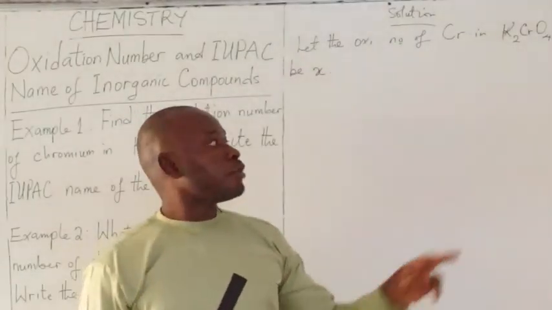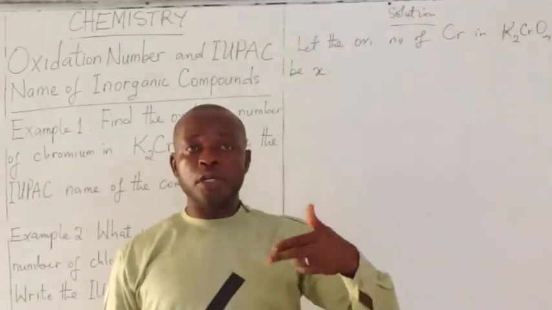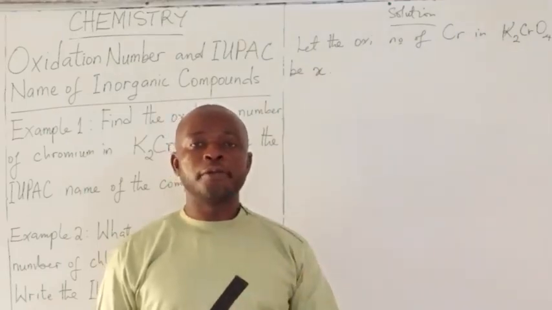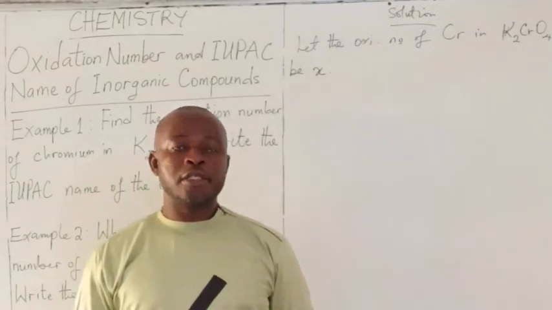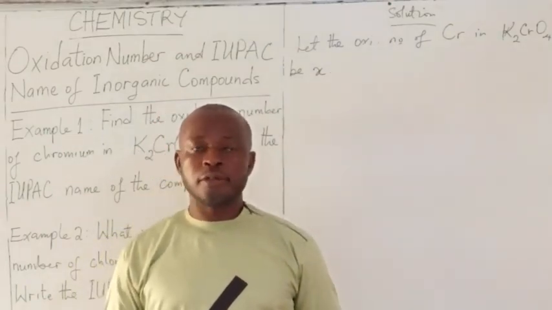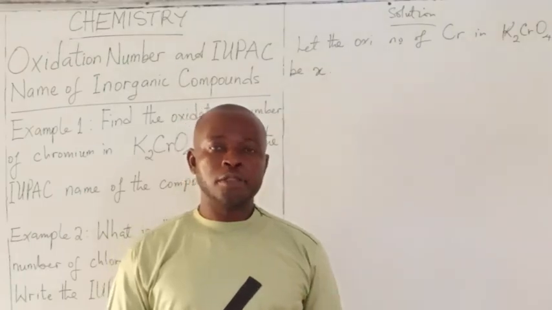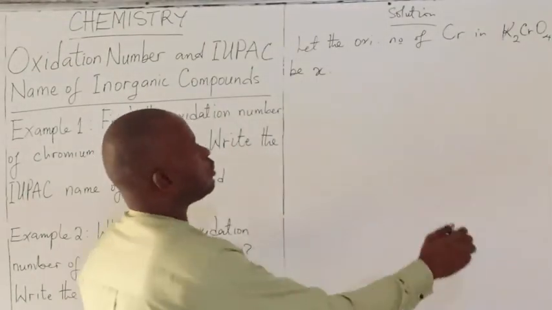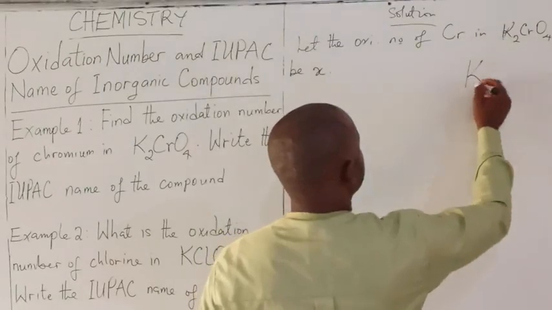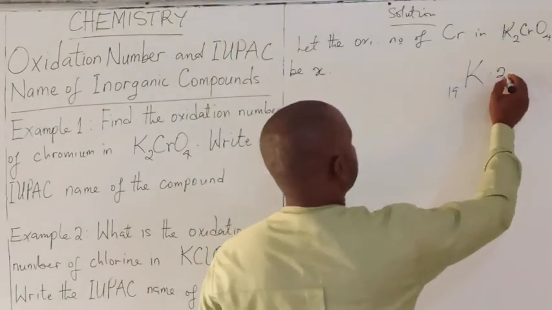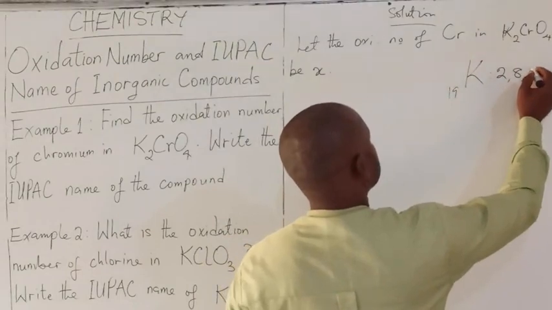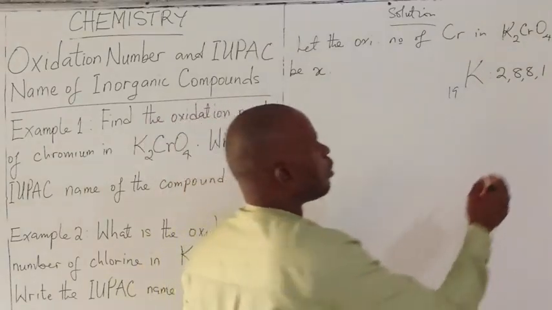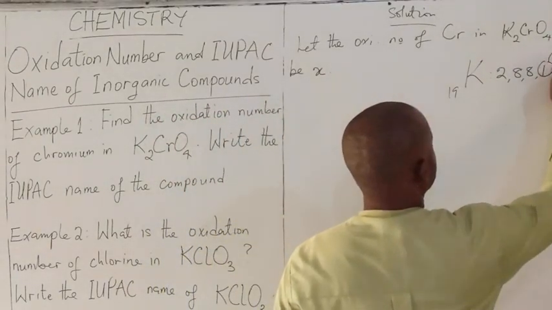Do you remember the group in the modern periodic table to which potassium belongs? It is in group 1. And you have been taught that elements in group 1 are usually metals. During chemical bonding, they lose their valence electron. So if potassium, atomic number 19, has electron configuration 2, 8, 8, 1,